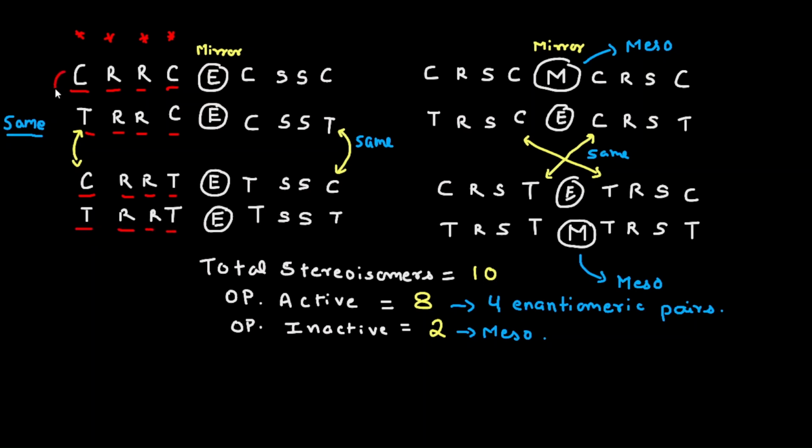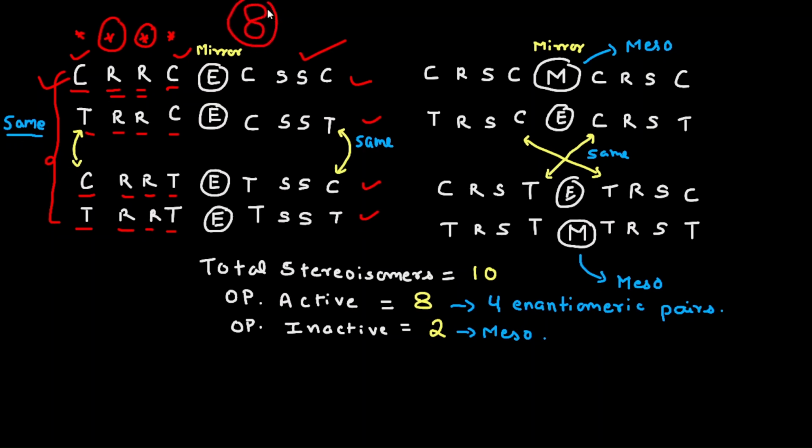Now, once you see, you have taken all the possibilities of cis and trans, keeping the two chiral centers with the same configuration R. And once you have done this, you understand, if you take any configuration, you will also have its mirror image. So I have also drawn the mirror image. So all these four possibilities will give rise to four mirror images also. So altogether you have written the eight possibilities.